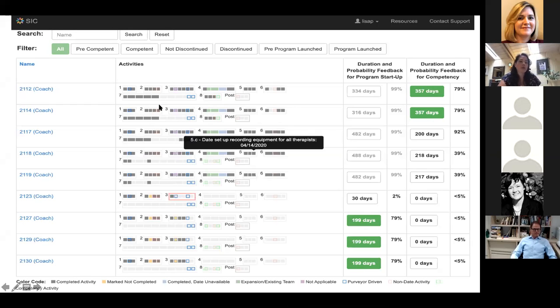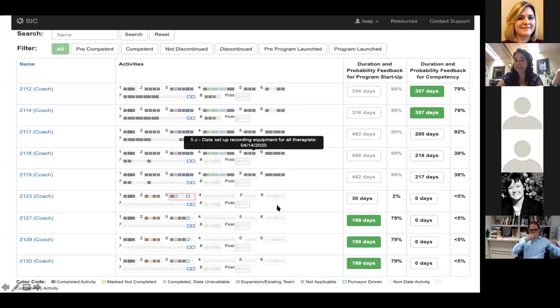On this particular screenshot, I can't hover, so I can't tell you what the activities are, but you see that these last four teams, for instance, all are not doing... oh, I know what this activity is. It's a site visit. And in the time of COVID, they're not doing the site visit here. So this gives us a very quick and dirty snapshot view of, oh wait, we're working with some teams and they aren't doing a particular activity. What's going on there? The red box lets us know that this is a team that has discontinued.